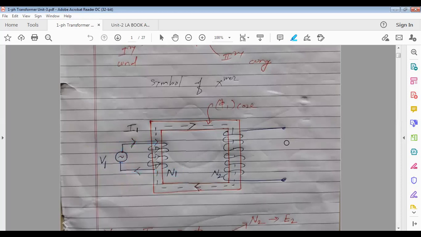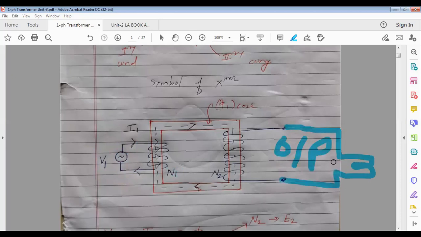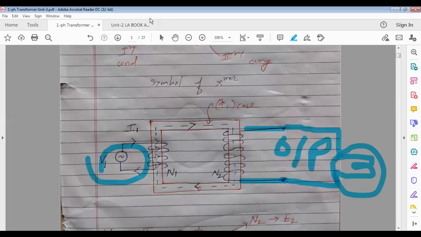And across the second winding you will get the output. This winding is called the secondary winding, or across this we can connect the load. Suppose I am going to connect one lamp here, this is the symbol for a lamp. One lamp I have connected across the 2 terminals of the secondary winding. So the winding across which you get output or can connect load is called the secondary winding, and the winding across which you give input is called the primary winding.